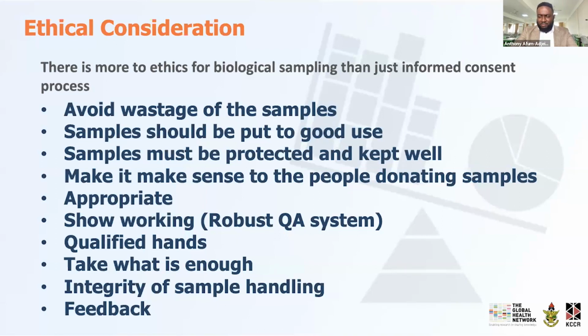And when you have to biobank these samples, you have to make sure that these samples are well protected. You have a backup generator, you have a backup source. You can consider putting the samples in a liquid nitrogen tank instead of a freezer if you don't have electricity. Anything the investigator needs to do to make sure that these samples are protected, they have to do that. Now you also have to make sure that it makes sense to the people who are donating the samples